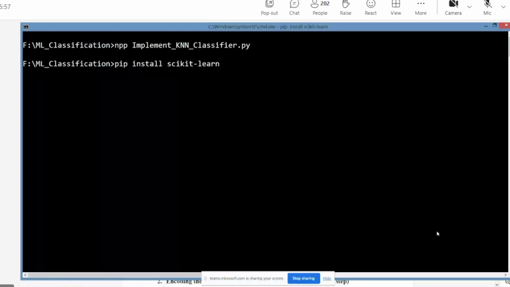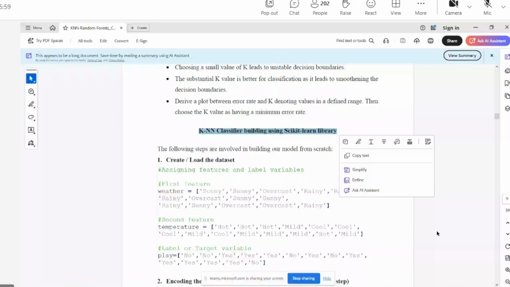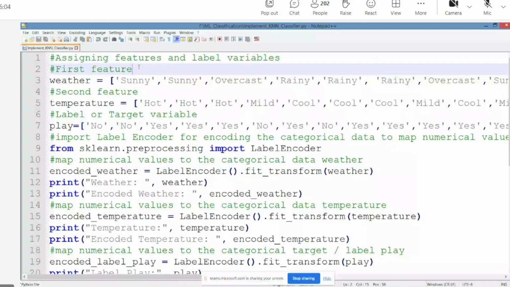Now, every line I will explain. If you are not understanding, please let me know. A simple example I am taking. Okay. The first one in Python, I took a list. Line number 3. I am taking some different combinations. The weather forecast: sunny, overcast, rainy. Different values I took. A simple list.